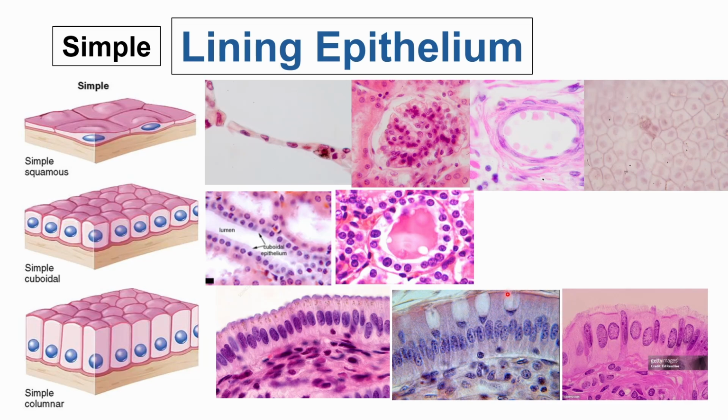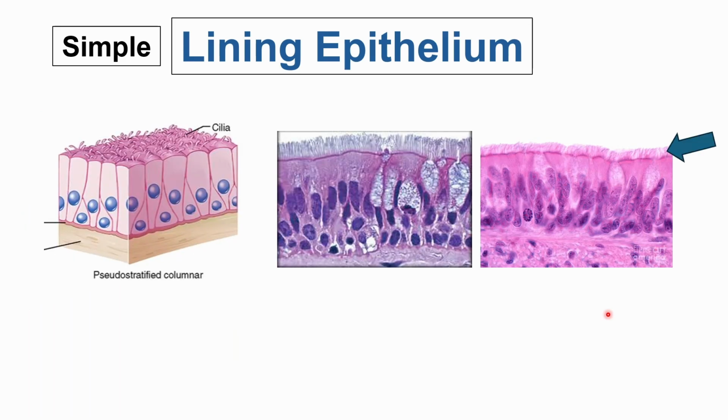The one with goblet cells and the one with, I think this would be your cilia. Okay, so here's your pseudostratified columnar epithelium, sorry, with goblet cells and either cilia or microvilli. But I think this would be your cilia or brush border. Okay, so again, usually seen in areas wherein there is a need to propel substances outside of the body. So in this case, the mucus.